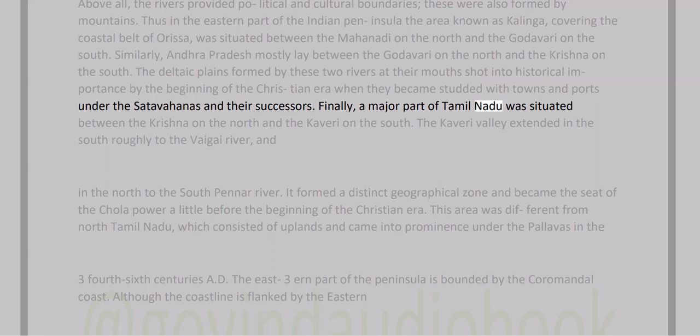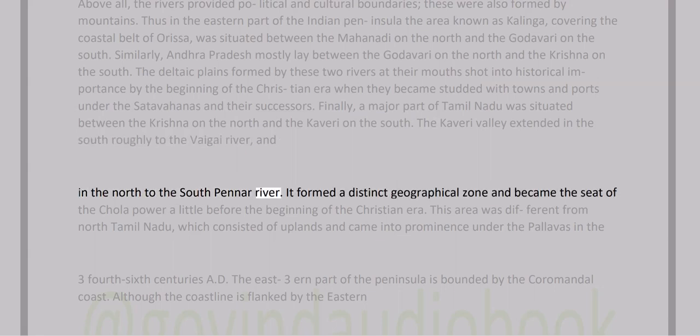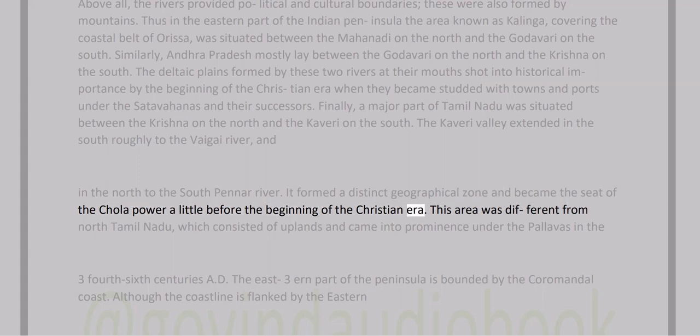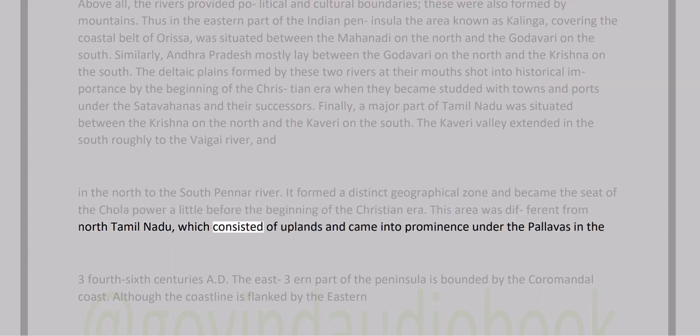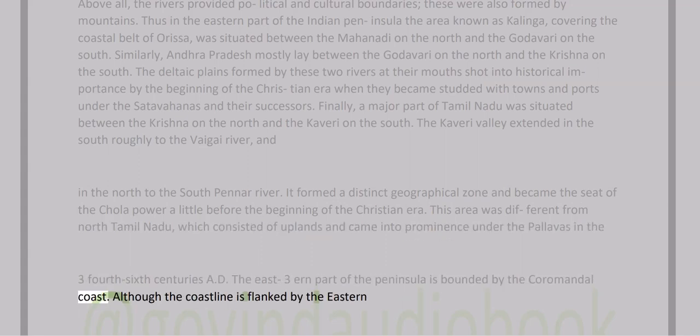Finally, a major part of Tamil Nadu was situated between the Krishna on the north and the Kaveri on the south. The Kaveri Valley extended in the south roughly to the Vaigai River and in the north to the South Pennar River. It formed a distinct geographical zone and became the seat of the Chola power a little before the beginning of the Christian era. This area was different from North Tamil Nadu, which consisted of uplands and came into prominence under the Pallavas in the 5th-6th centuries AD. The eastern part of the peninsula is bounded by the Coromandel coast, although the coastline